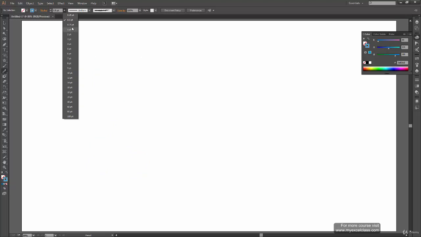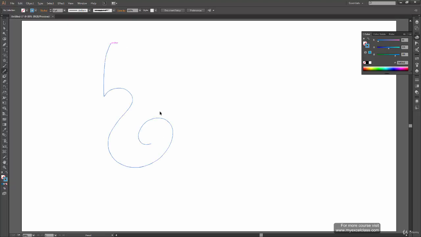So increase my pen stroke width to 1 point, and now drawing a shape like this will be a lot more difficult in Illustrator if I use any other tool. Yes, there are other tools besides all the shape tools we have learned, like the pen tool, and we can even modify those shapes. But even if I use the best tools in Illustrator, drawing something like this will take me a lot of time and I might not get it perfect. So like here, I have the shape which I exactly wanted.